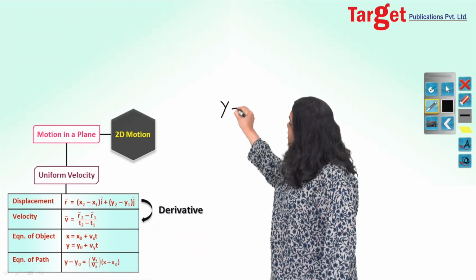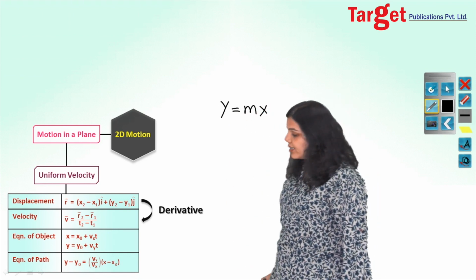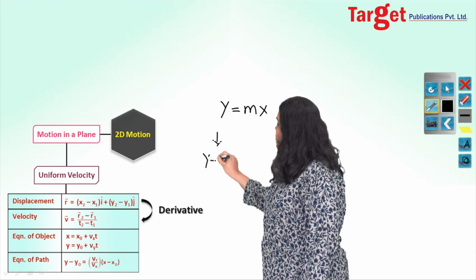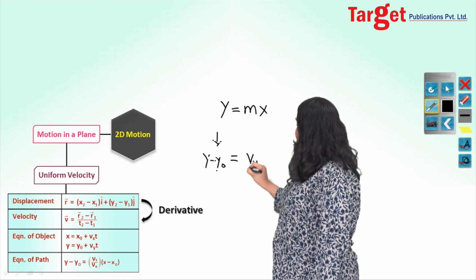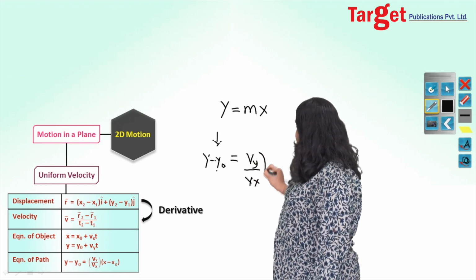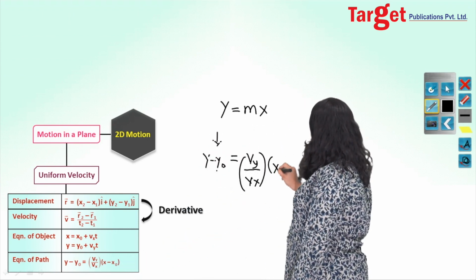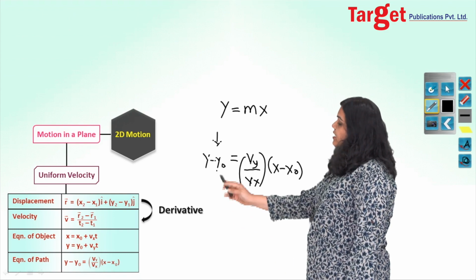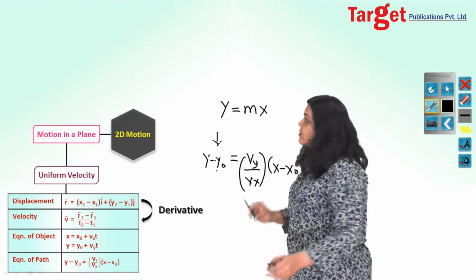How do we know that? You compare the equation given with the equation of a straight line, then you will see that here y is nothing but y minus y naught. Here m is nothing but vy by vx, as you can see there, and x minus x naught is nothing but the displacement along the x direction. So here you can see that this represents nothing but the equation of a line,